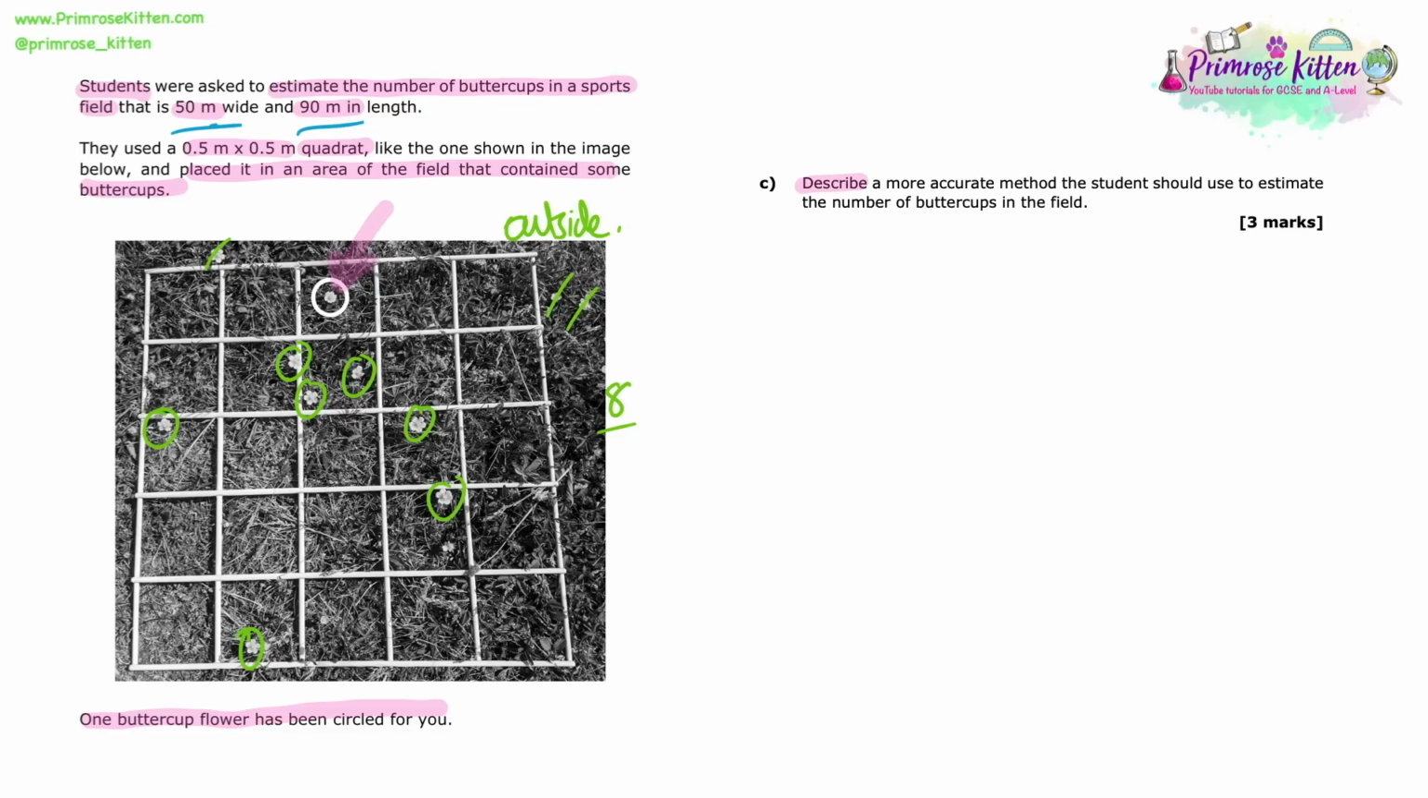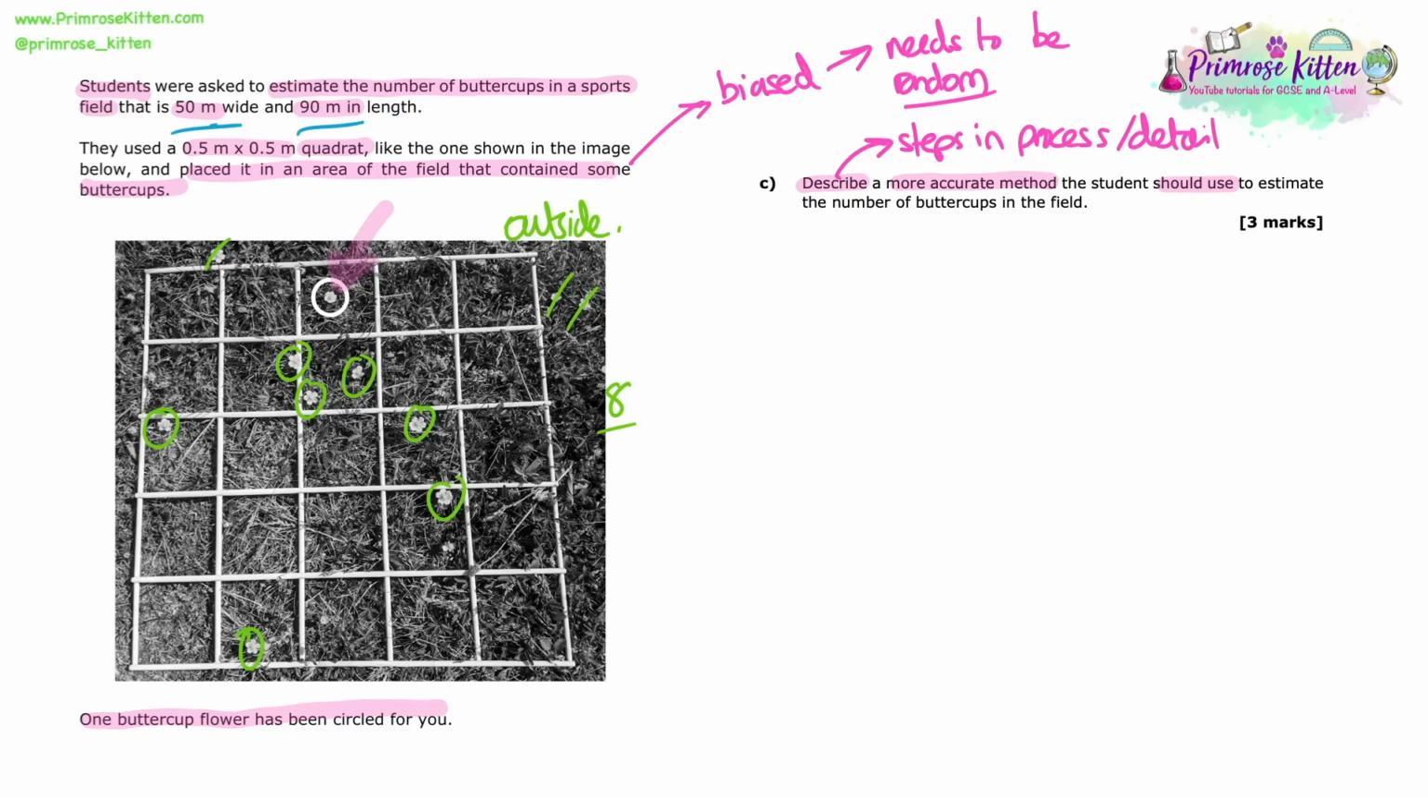Describe a more accurate method the student should use to estimate the number of buttercups in the field. So the clue here comes from the part of the question where it said they placed the quadrat in an area of the field that contained some buttercups. So they found some buttercups and then put the quadrat down. So that's biased, and you know that that's not the way that you should do this practical because it needs to be random. So it wants us to describe, so give steps in a process, give the detail, a more accurate method, so one that would be random, for example, and way they should use to estimate the number of